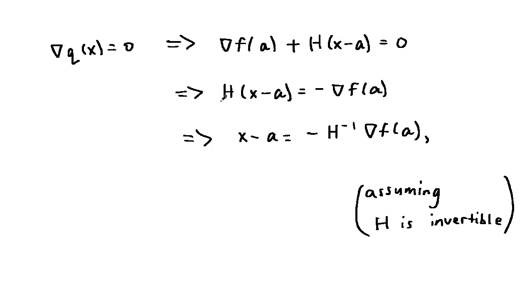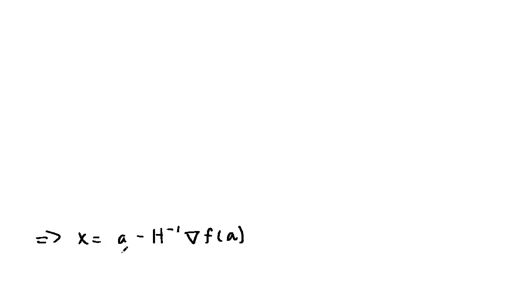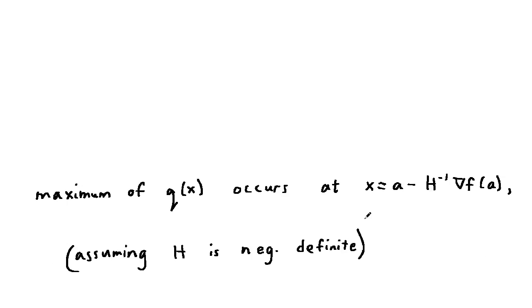Get rid of that H by multiplying both sides by the inverse of H. So we get negative H inverse times the gradient of f, assuming that H is invertible. Now solving for x, bring that a over, and we get x equals a minus H inverse times the gradient of f. Thus, the maximum of q(x) occurs at x equals a minus H inverse gradient of f, assuming that H is negative definite,